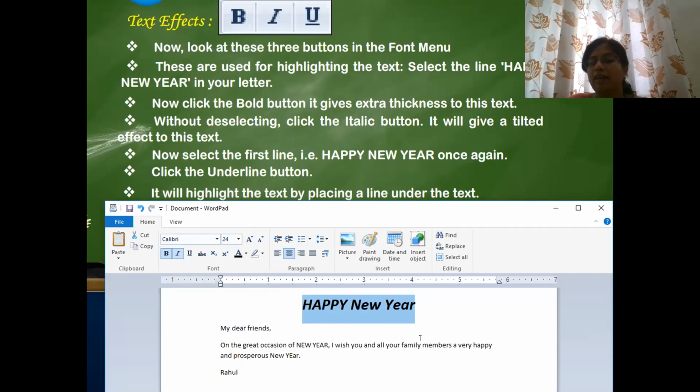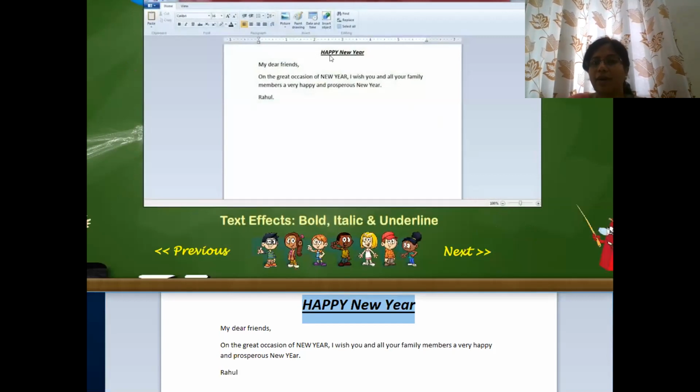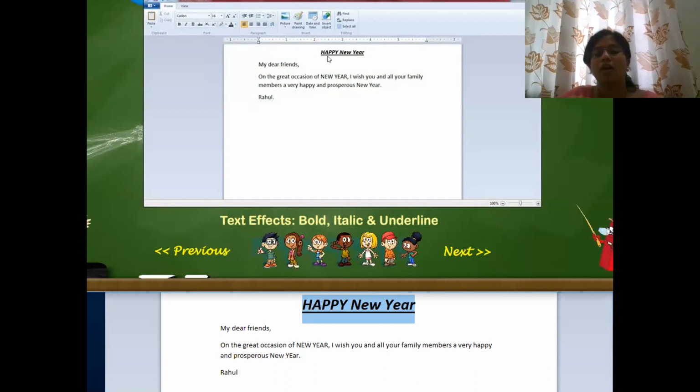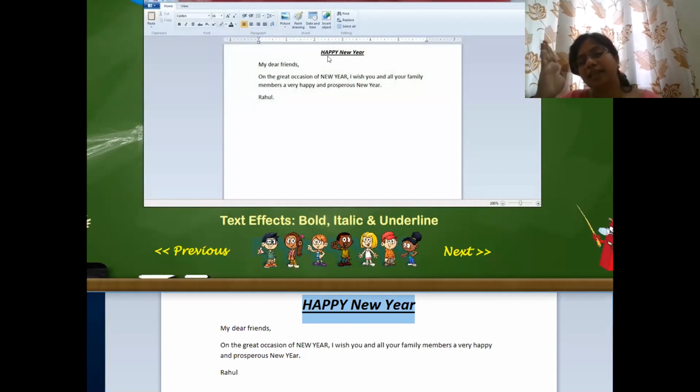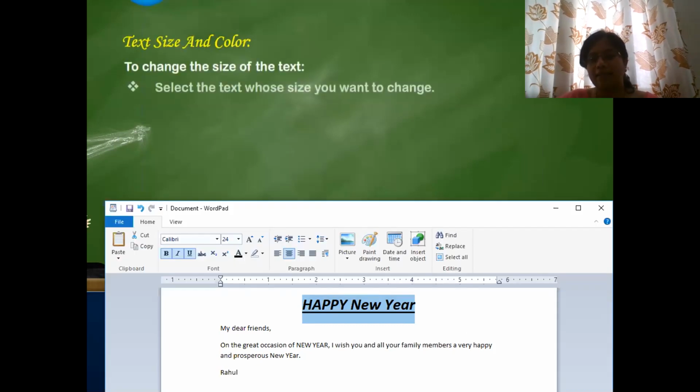And now I want to put an underline. What am I supposed to do? Click on U, underline. So the line will appear below that. Yes, see, now Happy New Year has changed. So the effects of bold: why do we use bold? So that we can make our words a little thicker. If you want to keep your letters a little cross way so that it looks like a running handwriting, we have to italicize. And if you want to put an underline, use the U tab, right? This is how we are actually changing the text.